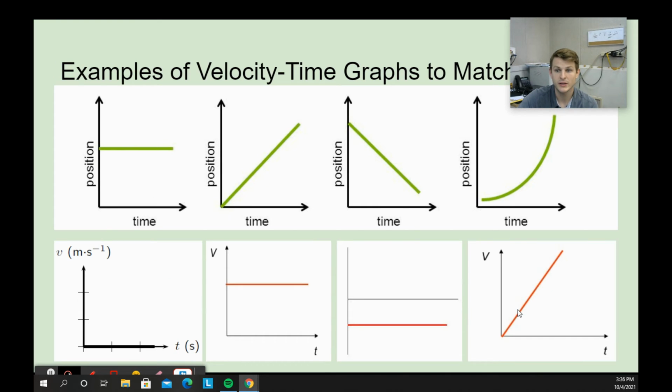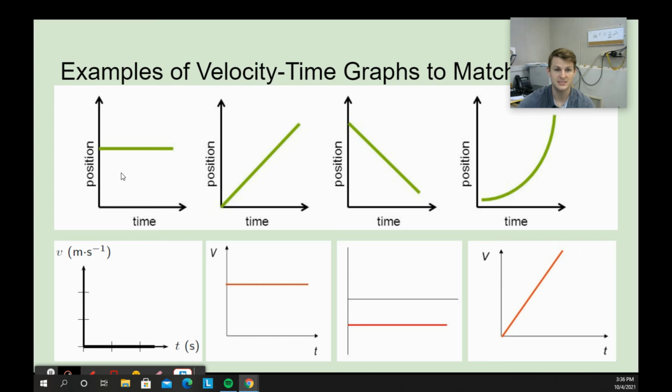So this is what they would look like if they were translated to a velocity time graph. Just like before when we translated them to speed time graphs, we're looking at a velocity time graph translation. So you're taking the slope here and you're plotting it over time on the velocity time graph. The velocity was 0, there it is. Velocity, which is on the y-axis, is 0, and it stays at 0 because this is a constant